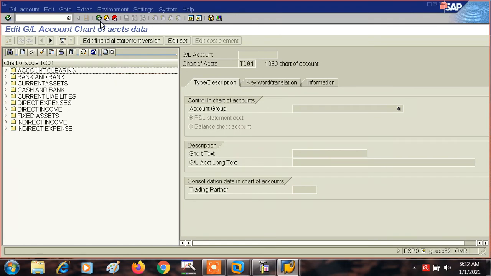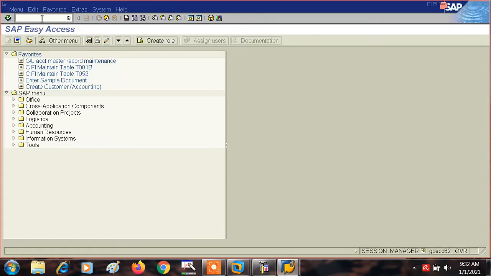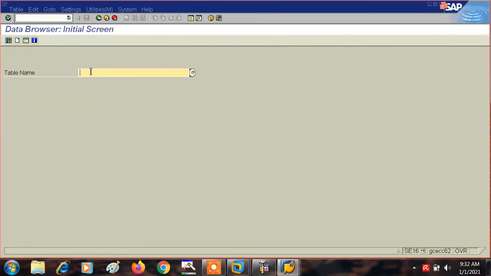For the table, you can go to the same SE16, and the table is once again the same table, T001.